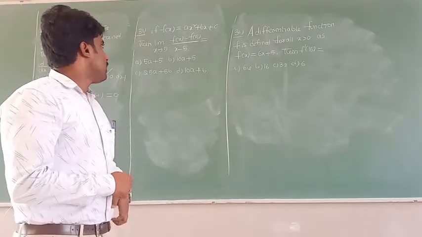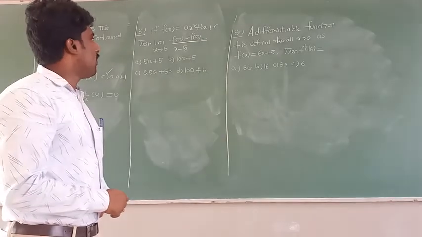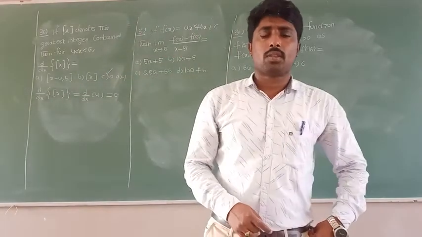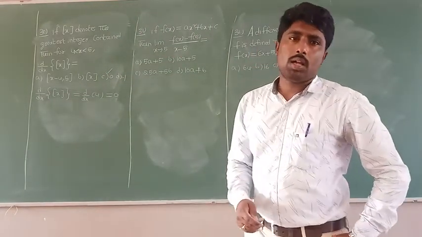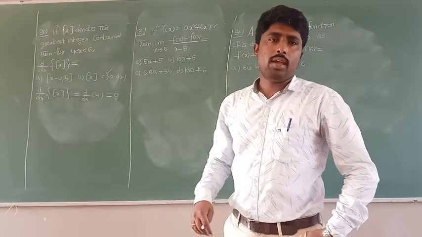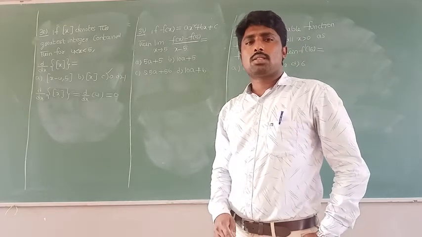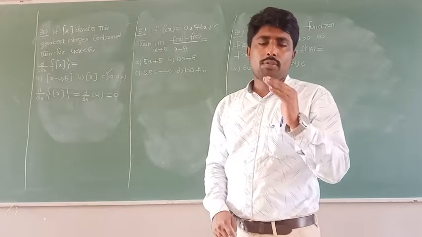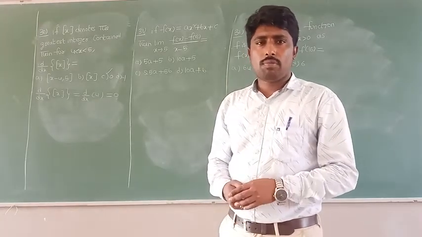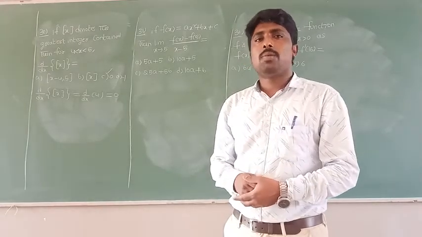Now you see the 31st problem. They given here, f of x equal to ax square plus bx plus c. Then what they given here? Limit x tends to 5, f of x minus f of 5 by x minus 5. Here you need to revise one concept. We discussed the formula: if a function is derivable at x equal to a, then the limit of the function will exist. That representation is limit x tends to a, f of x minus f of a by x minus a. That is nothing but the differentiation of a function at x equal to a, denoted by f dash of a.